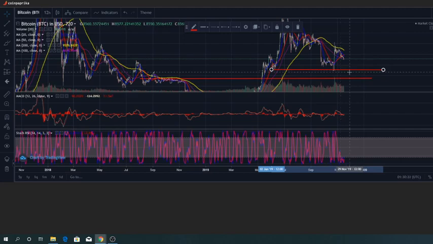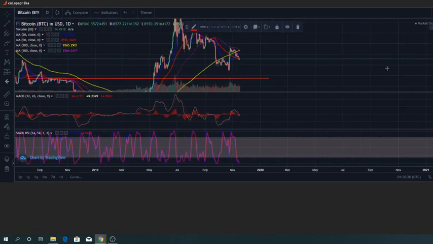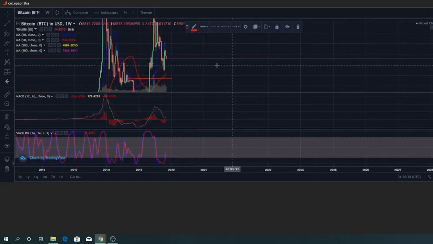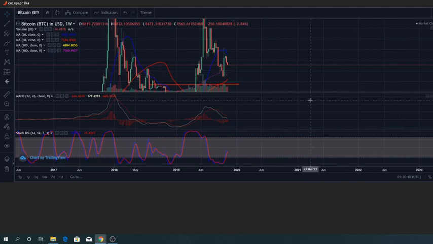Moving back and looking at it on a daily time frame, we can see that the daily has crossed, and it has been crossed for a couple of days, right? It's still moving down. The stochastic RSI is at the bottom, and as we talked about the RSI at the top, the same case can happen at the bottom too, right? So we zoom a bit more out and look at the weekly chart. We see that there is still a possibility, right?